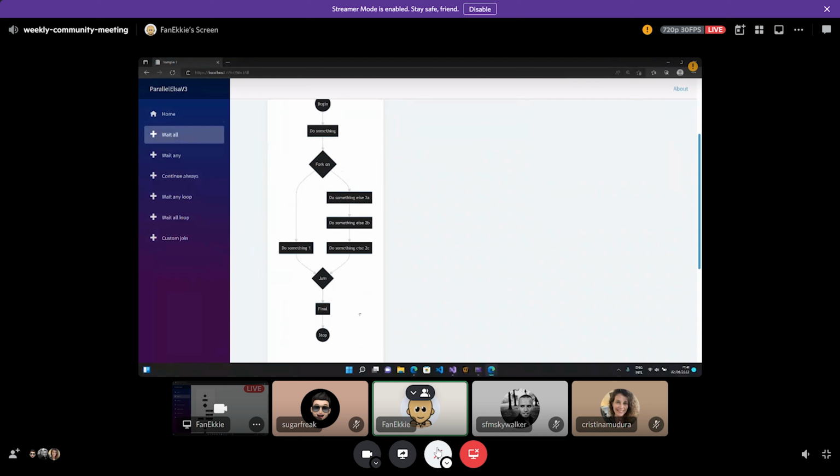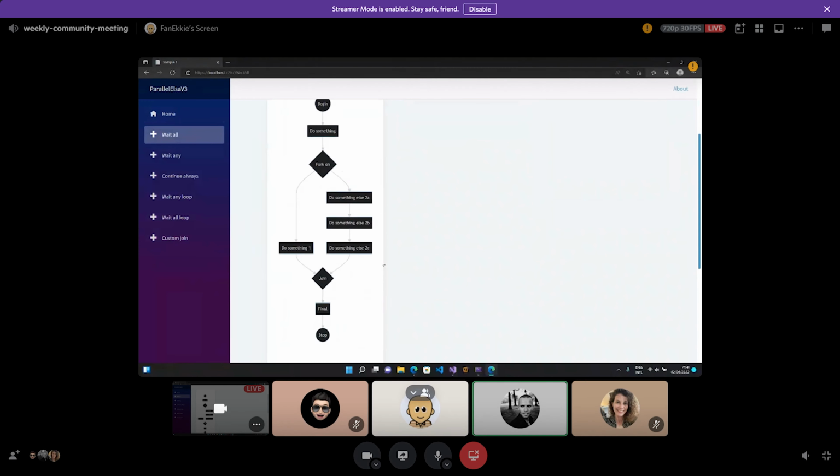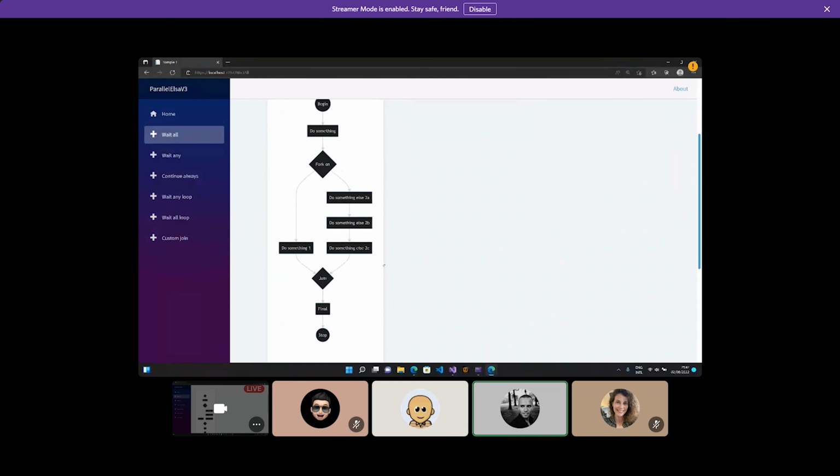Okay, so in this wait-all example, you could have just kept a log of the inbound activities having executed. For example, do something 1 could be recorded in a list that it has executed, and then do something else 2C could be added to that list. Once the join sees that it has 2 executed activities of the inbound paths, it could continue. For that scenario, you don't need a counter, you just maintain a log of inbound activities that have executed. If I understand correctly, for other scenarios, maintaining the counter will help.